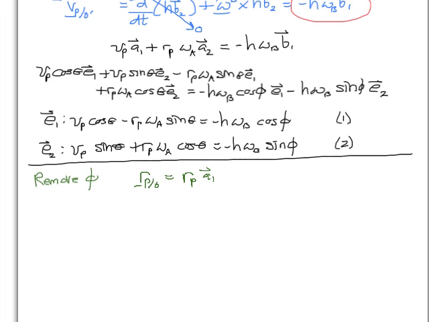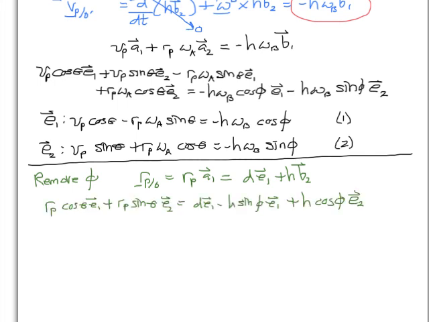And the other way that we can get to point P, instead of through bar A, is we can use bar B. And we would do that by the distance d in the E1 direction. So remember, we defined that as the horizontal distance between O and O prime. And then add to that the distance h in the B2 direction. And so what you should see here is that because A1 is related to the inertial basis through theta, and B2 is related to the inertial basis through phi, this is going to give us two scalar equations that relate theta and phi. So first we transform into the inertial basis,